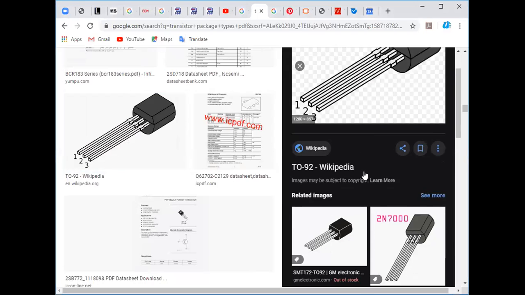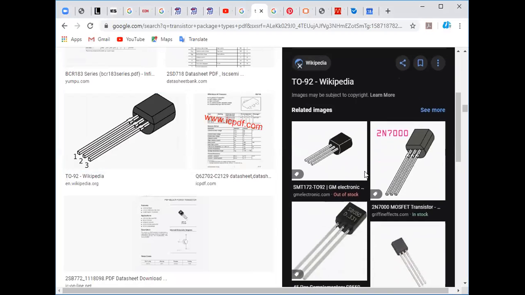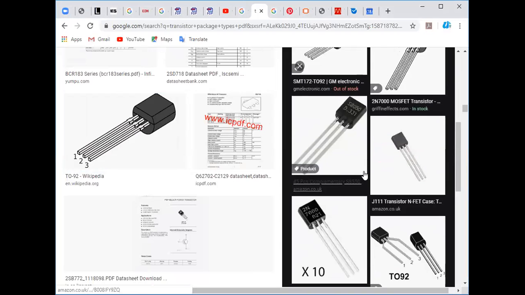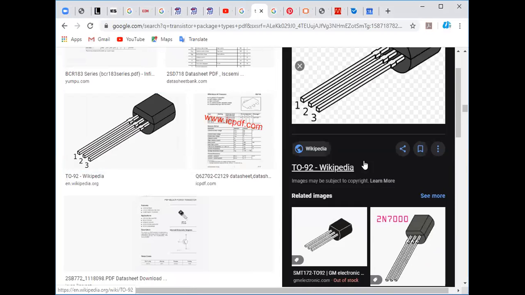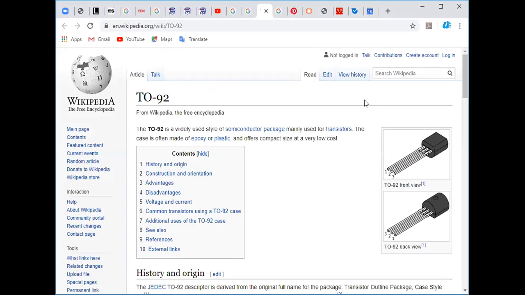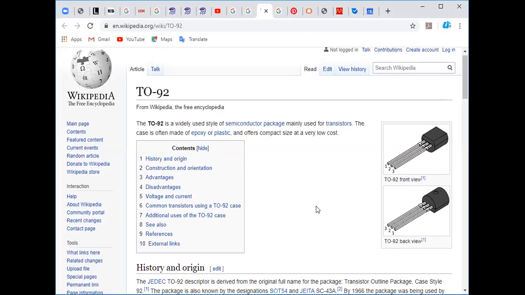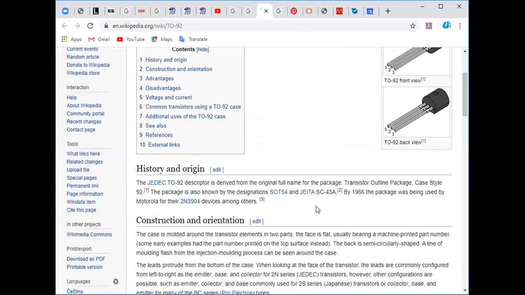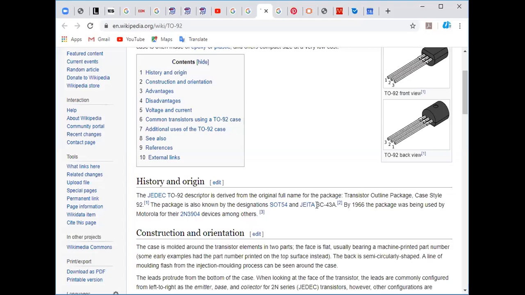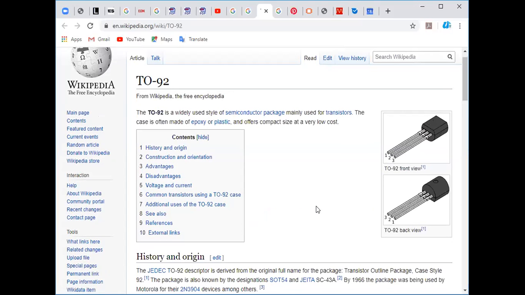One, two, three. The pin numbers 1, 2, 3 give the lead identification of this TO92 package. This package we have already seen in our laboratory. If the transistor is facing towards you, pin 1, pin 2 and pin 3 are the emitter, base and collector.